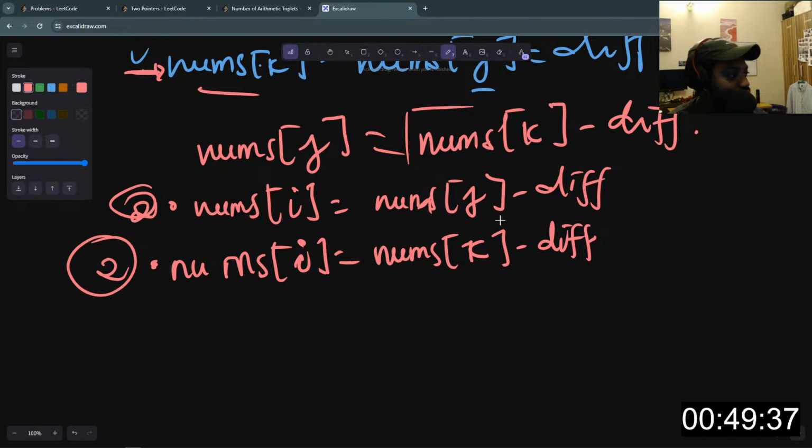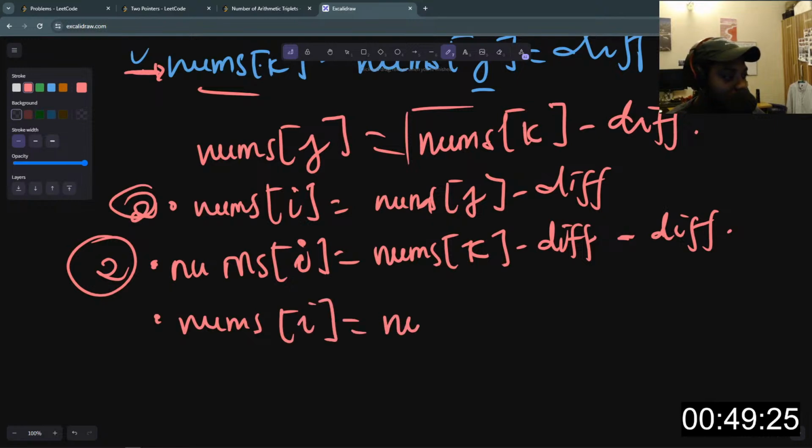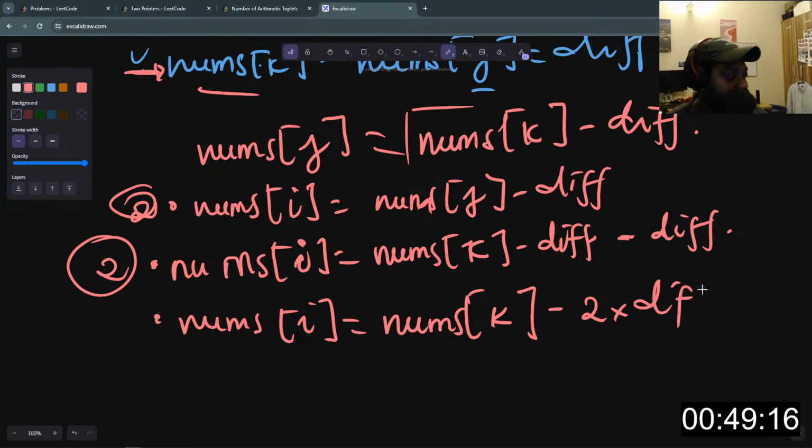So this is the first one, and then minus diff again. So this will simply be nums at i is equal to nums at k minus 2 times the difference, like this. So with this equation, we can represent our nums at i and nums at j with